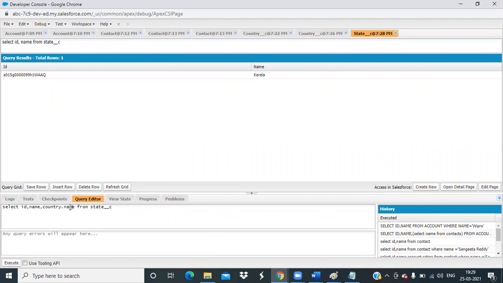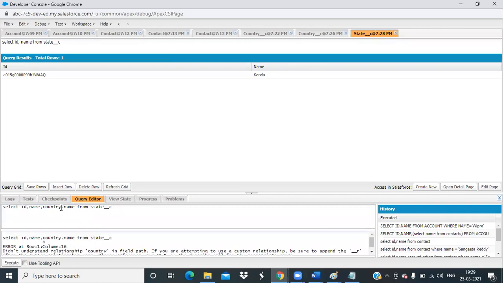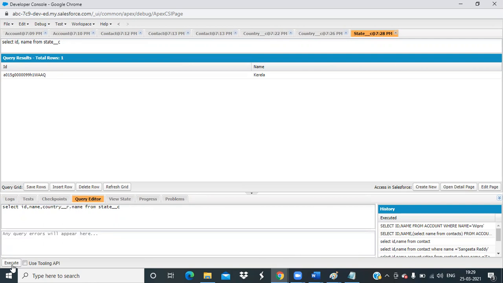Country is correct. I think we should write Country underscore R. This is a custom object, so we will always have underscore R for the relationship field. Now we are getting ID, name, and the country name India.